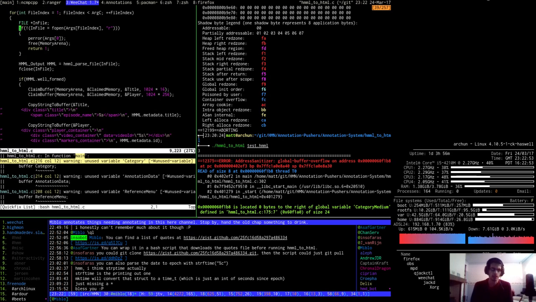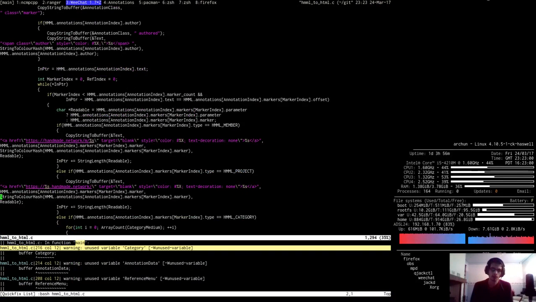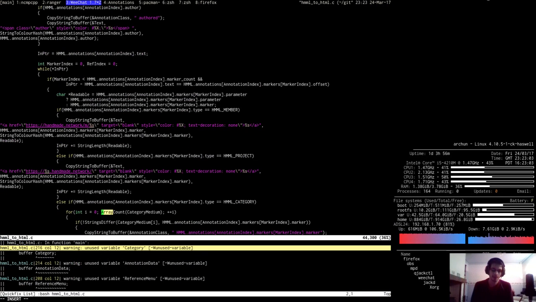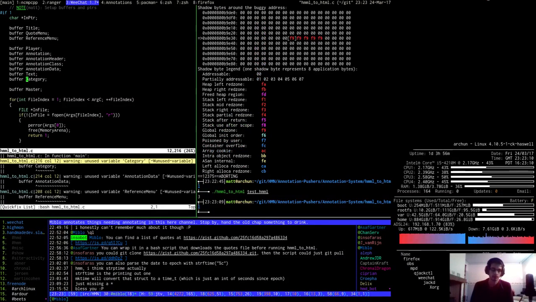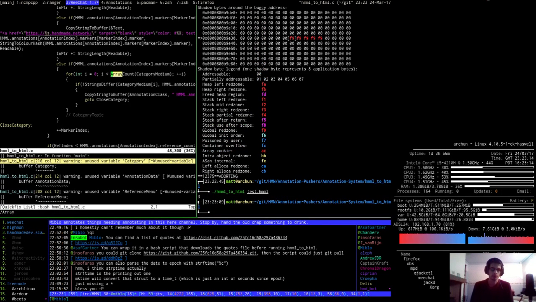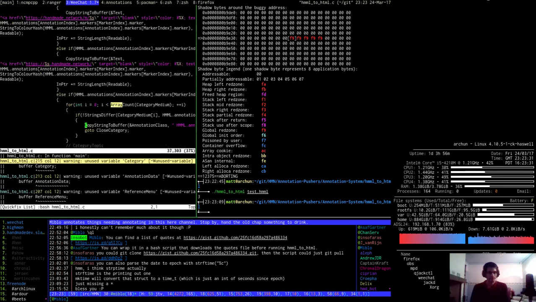What did I do? Did I not say i is less than the size of thingamajig? I didn't. There we go. That was stupid, wasn't it? So I was testing on whether array count was not 0, basically. So yeah, that's solved that problem. Go on to copy string to buffer annotation class,